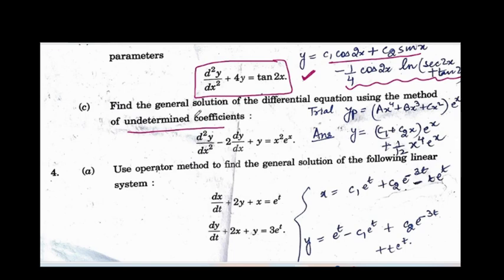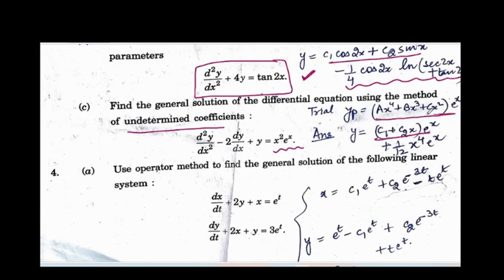The part which was the third part from the third question was from method of undetermined coefficients. You will first find out your YC, and since you'll have to see whether it's a special case or not, you'll have to first find out the initial equation, roots of the characteristic equation, your YC, and then looking at YC you will have to see whether this is a special situation or not, and it's a special case,